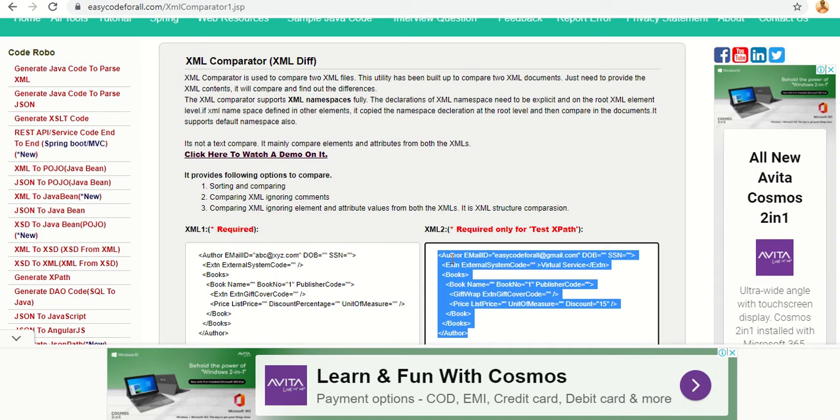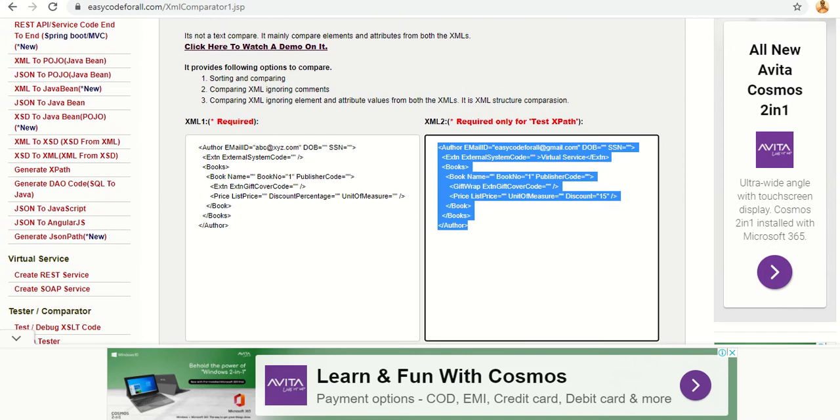We can compare two XML files just to check whether any new element or attribute has been added, or any element or attribute has been deleted. Or we can compare both the XMLs including their text content. So we'll see what options we have.